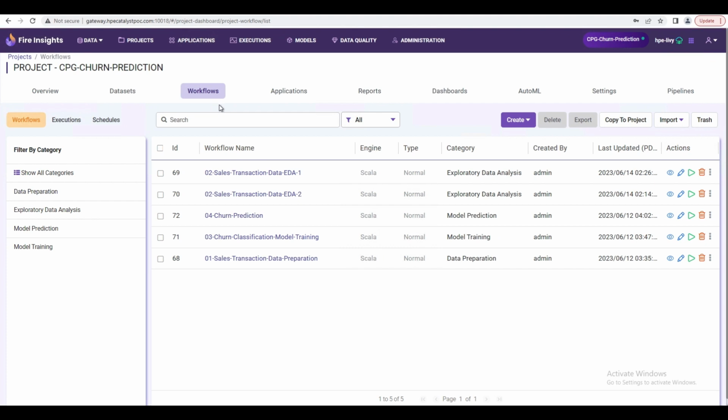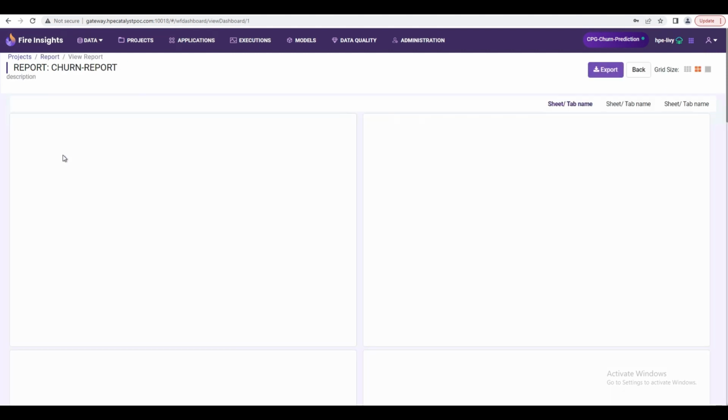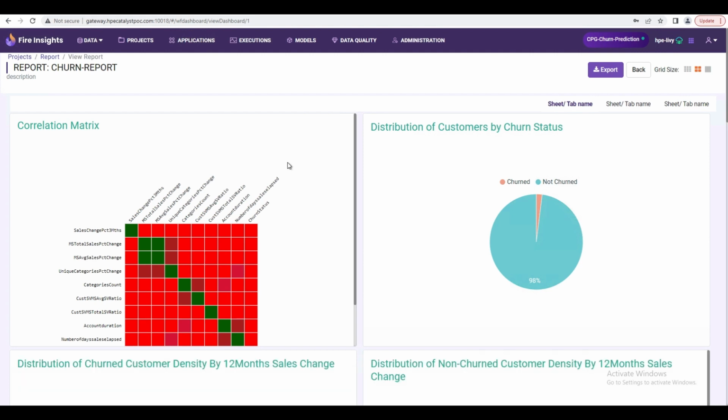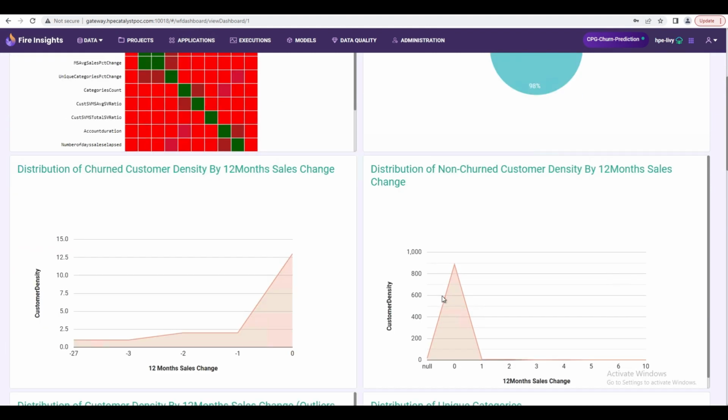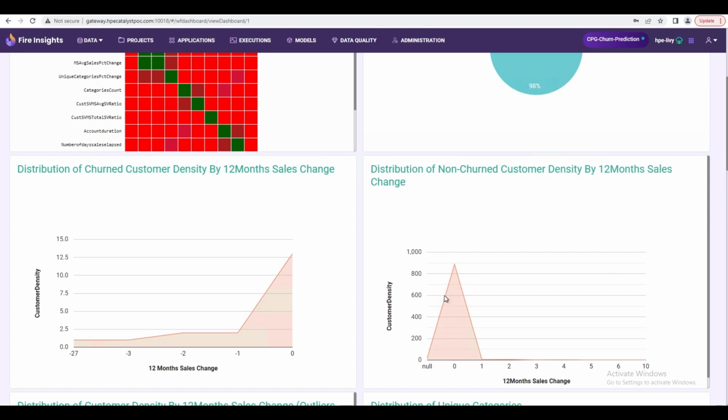We have seen what the workflows are and how we can create them through drag and drop. We also have a concept of reports where we can plot the different correlation with the different attributes, and we can also see the distribution of the churn and not churn customers. And we can also have different kinds of plotting, area graphs for looking at the density of the non-churn